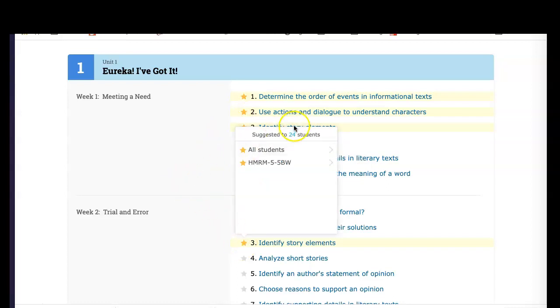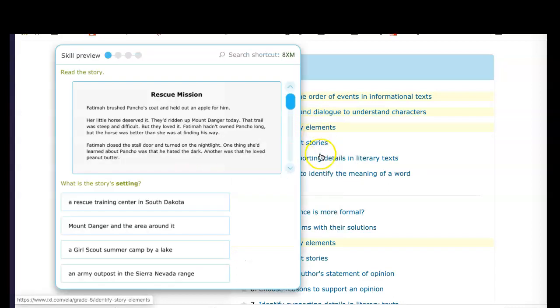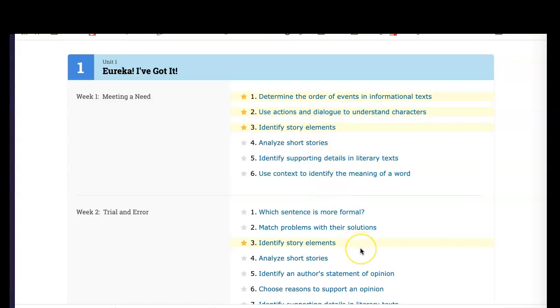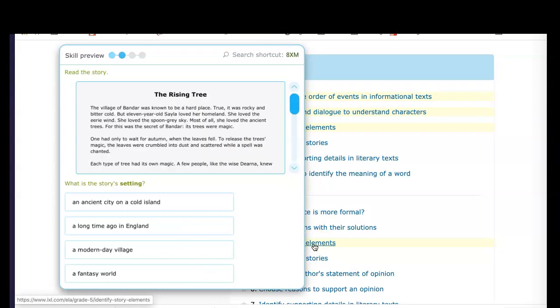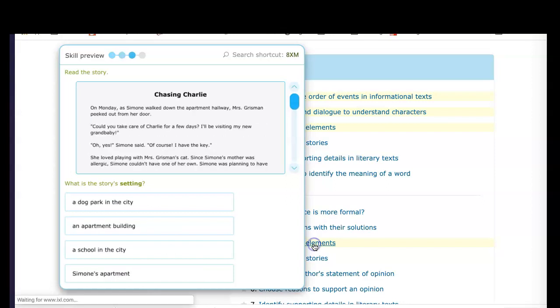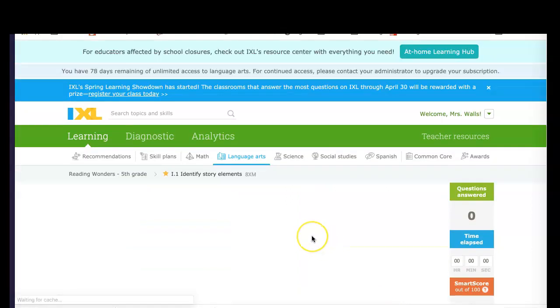Now, if you notice I click story elements, that also happens to be in chapter or week 2 as well. And if you do hover over this, you can get a quick sample of what kind of questions the students are going to be learning. When they're in the questions,